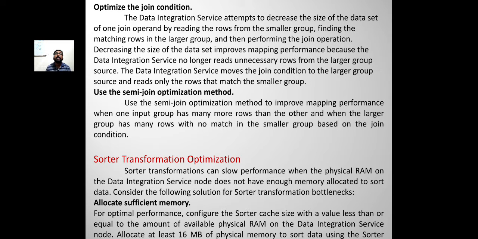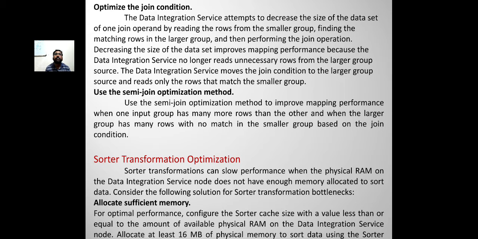Optimize the join condition. The Data Integration Service attempts to decrease the size of the data set of one join operand by reading the rows from the smaller group, finding the matching rows in the larger group, and then performing the join operation.